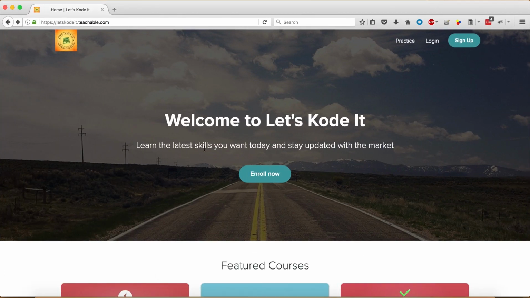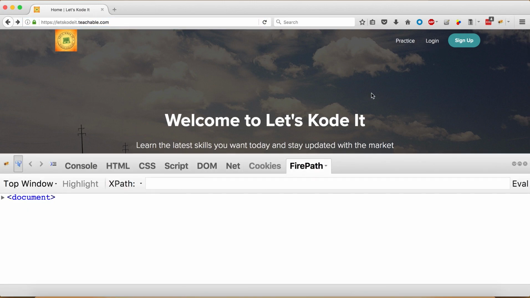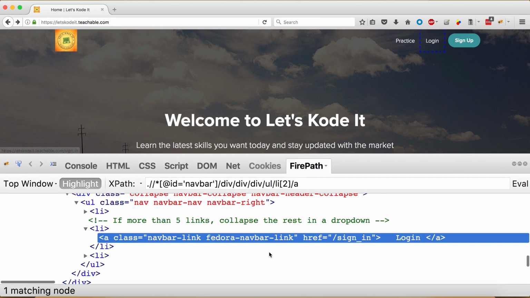So let's go to the website. The first thing we want to do here, after reaching the base URL, is find the XPath for this login. So I'm just going to click on this, and it is an anchor tag with a class. I don't want to use this text because I see some white space, so this is a little inconsistent. What I'm going to do here is use this href attribute. If the href attribute contains the sign in text, then I can find it.